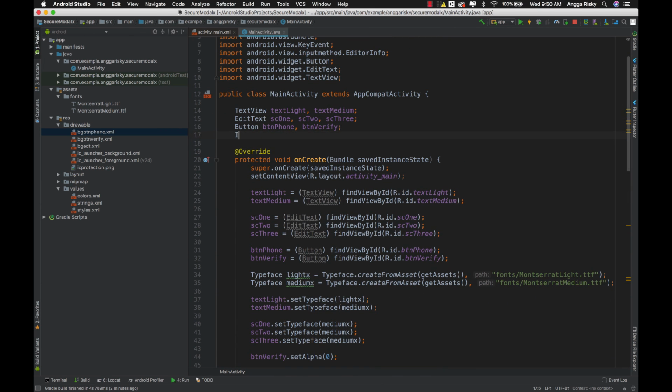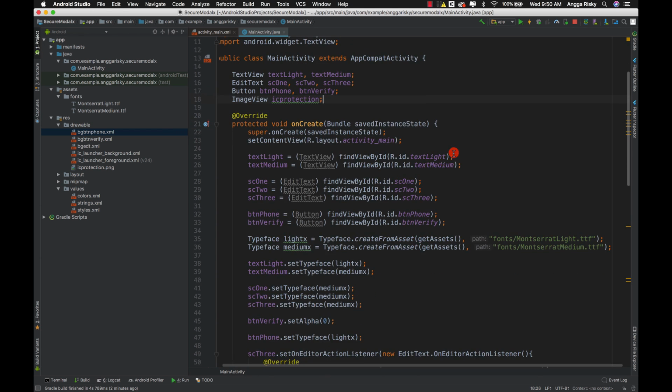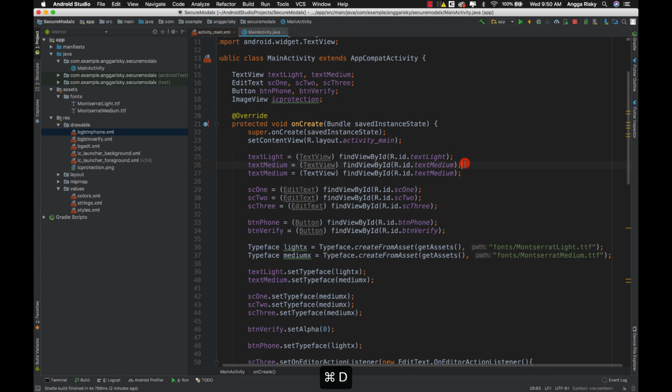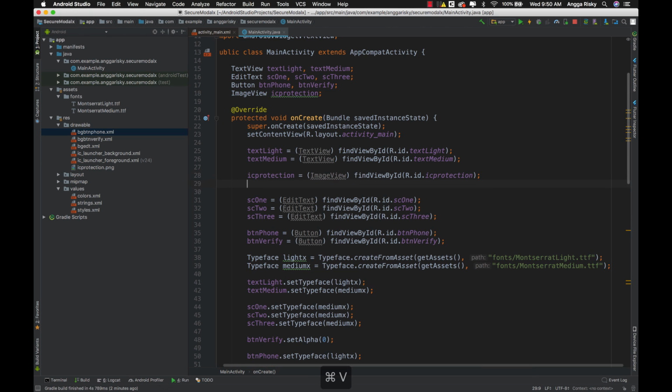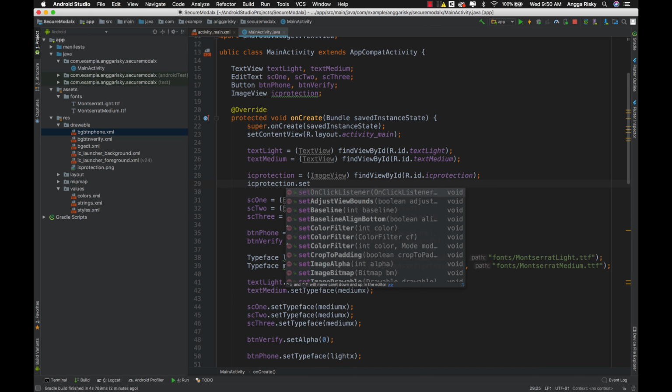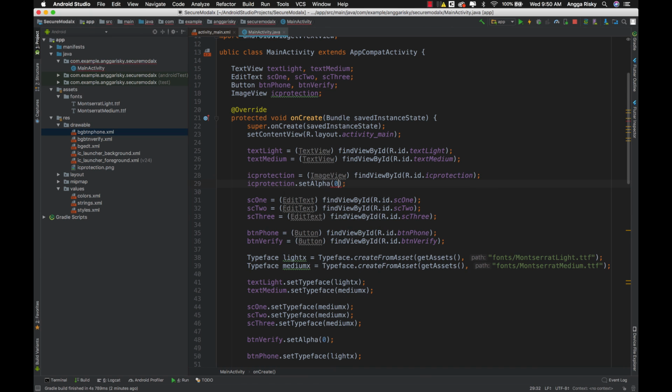So we have to register first for the icon protection, and then I have to copy from here, just copy, and then change it to the image view. So first of all, I have to set the alpha to 0, but I don't know if it's working or not, because it's already deprecated, but we can try first.